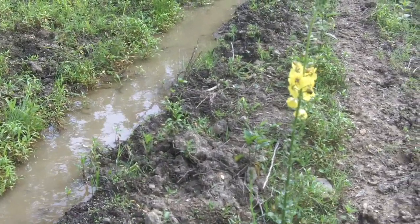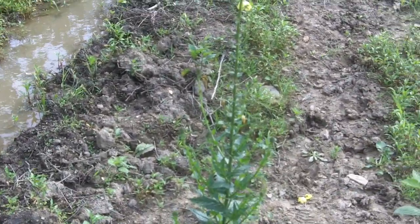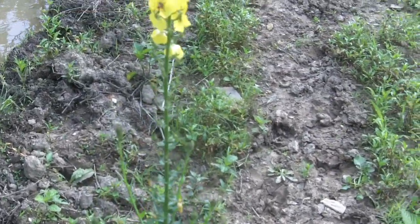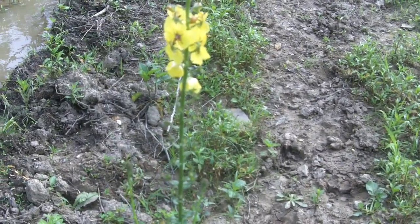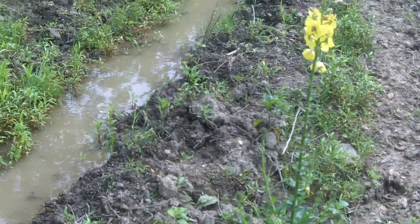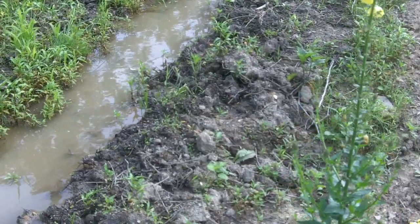This may not work very well, but let me try. I'm looking at biodiversity here. I can't remember the name of this flower. I'm rough on remembering them year to year. But anyway, let's count the different